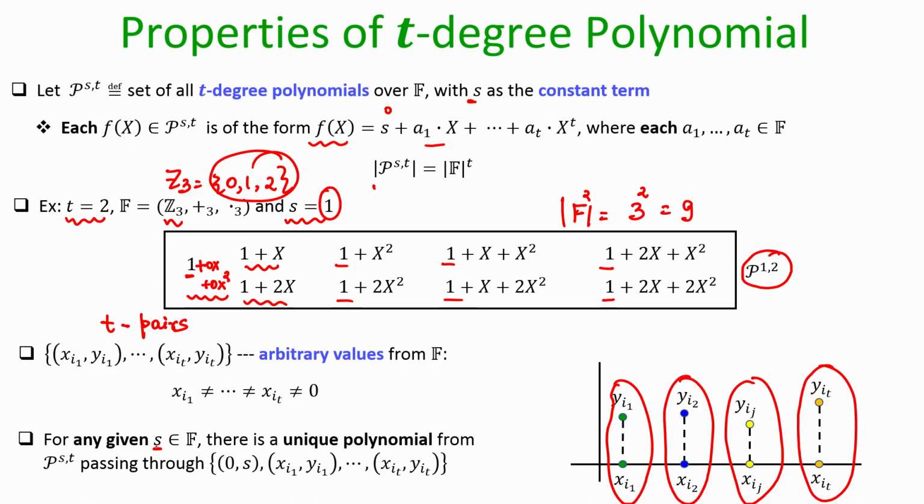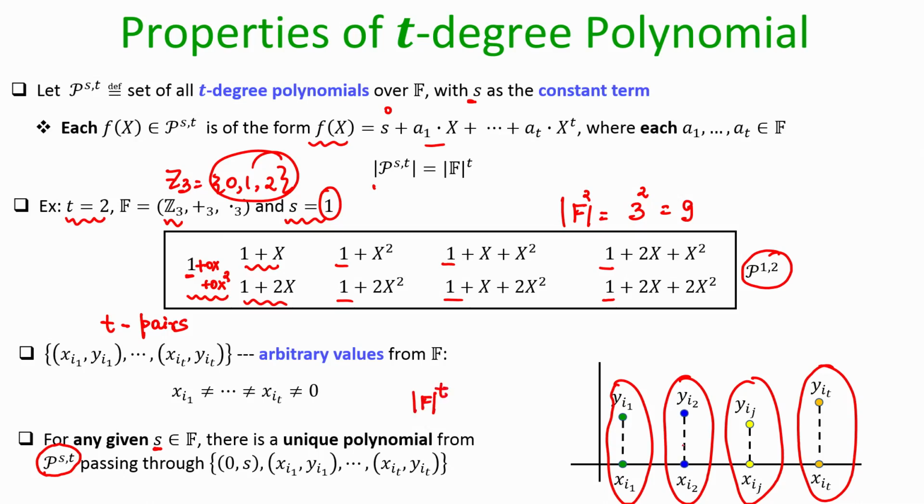My question is, how many possible polynomials can there be whose constant term is s, and where these x y pairs also constitute points on that polynomial. Basically, how many polynomials from this set. This is the bigger set, the set of all possible t degree polynomials whose constant term can be s. I am asking that from this collection, namely from F power t polynomials,